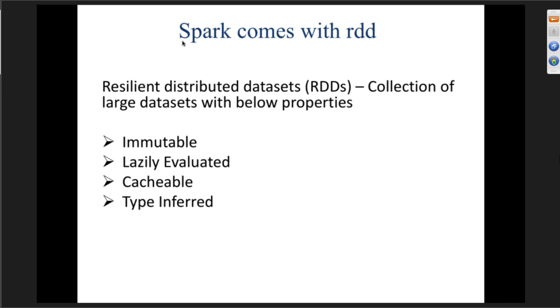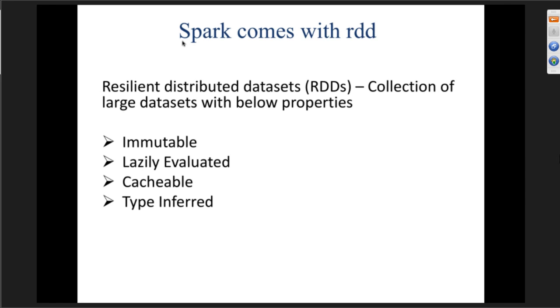Why do I have to process the entire 1 million records? That's the point here. But I will not get to know what my user's expectation is until my last command comes. Is he requesting all the 1 million records, or is he selecting only 5 records or 10 records or whatever it is? So Spark has 2 important things: